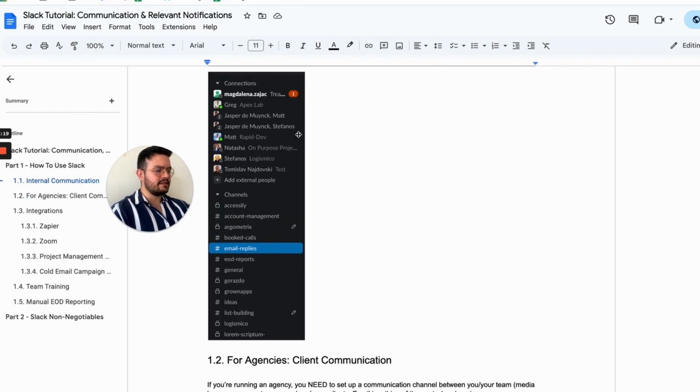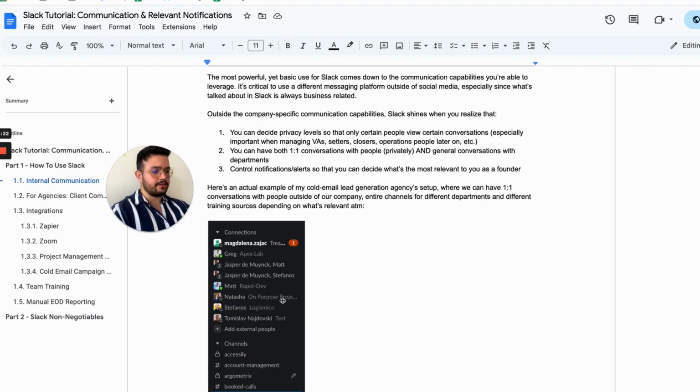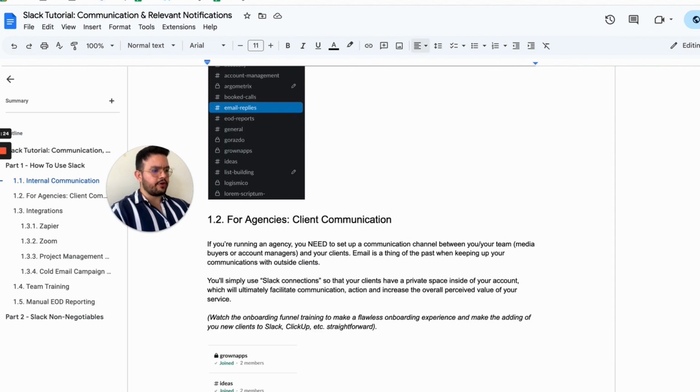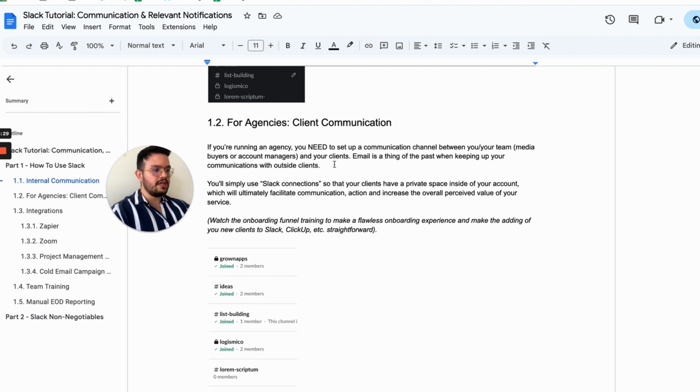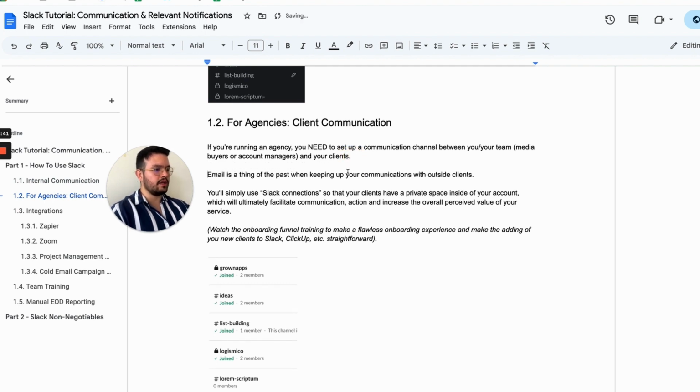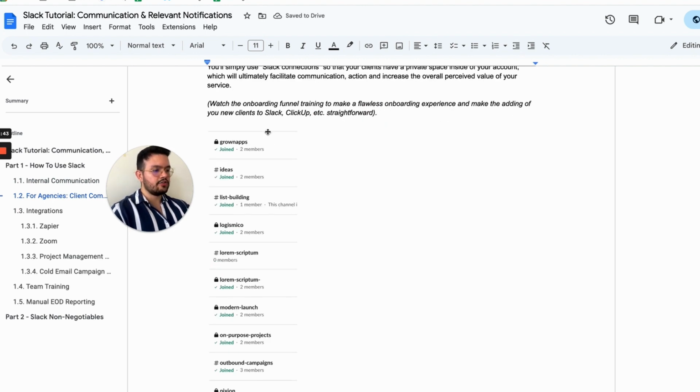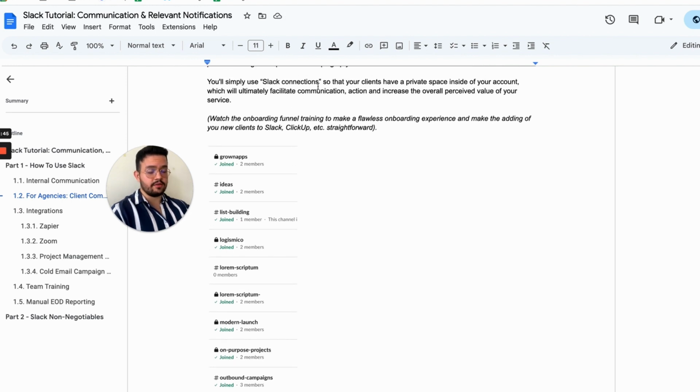Okay, so that's going to be part one. Part two, guys, because this is essentially how you can communicate at an internal level, part two is going to be for agencies specifically, everything that has to do with client communication. So if you're running an agency, you need to set up a communication channel between you and your team, for example, media buyers, account managers, etc., and your clients. Because I need you to understand, guys, that email is a thing of the past when keeping up your communication with outside clients. So you'll simply use Slack connections, that's what Slack calls them, so that your clients have a private space inside of your account, which ultimately facilitates communication, action, and increases the overall perceived value of your